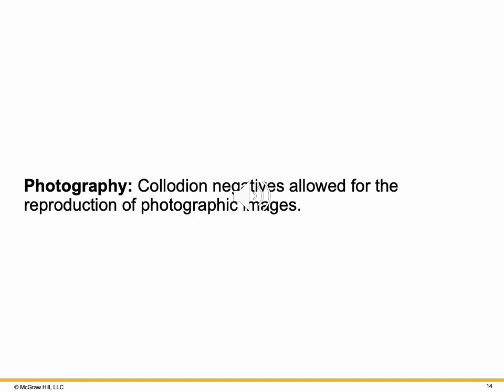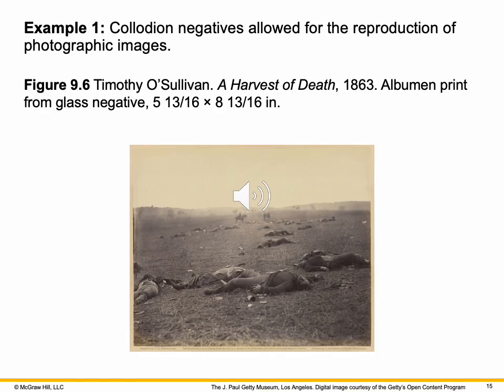Collodion negatives allowed for the reproduction of photographic images. Towards the middle of the 19th century, the collodion process was developed, which produced a negative on glass. This process began with a sticky liquid, collodion, poured onto a glass plate, which was then dipped in a light-sensitive